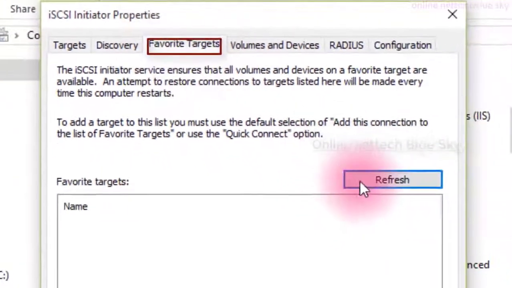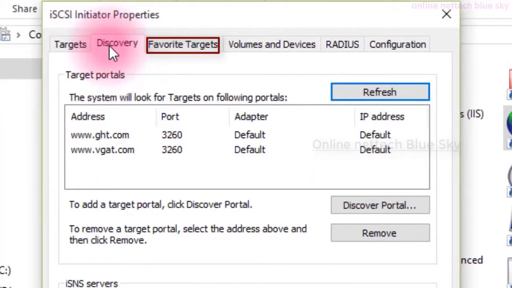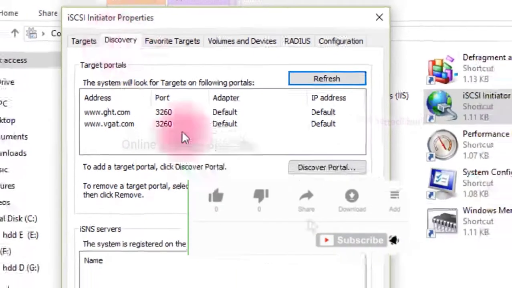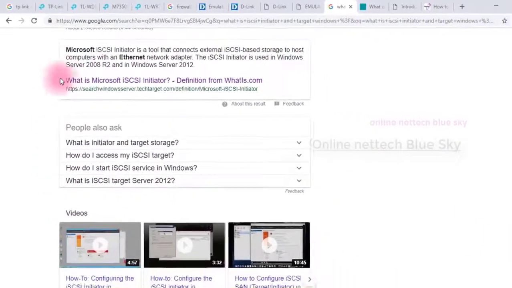A favorite target means your favorite servers, favorite files and favorite systems here. I've already tried two of these, with port 3260: first wget.com, then vget.com. These two types I'm showing you. You can connect to any server, and a lot of companies use servers like this.